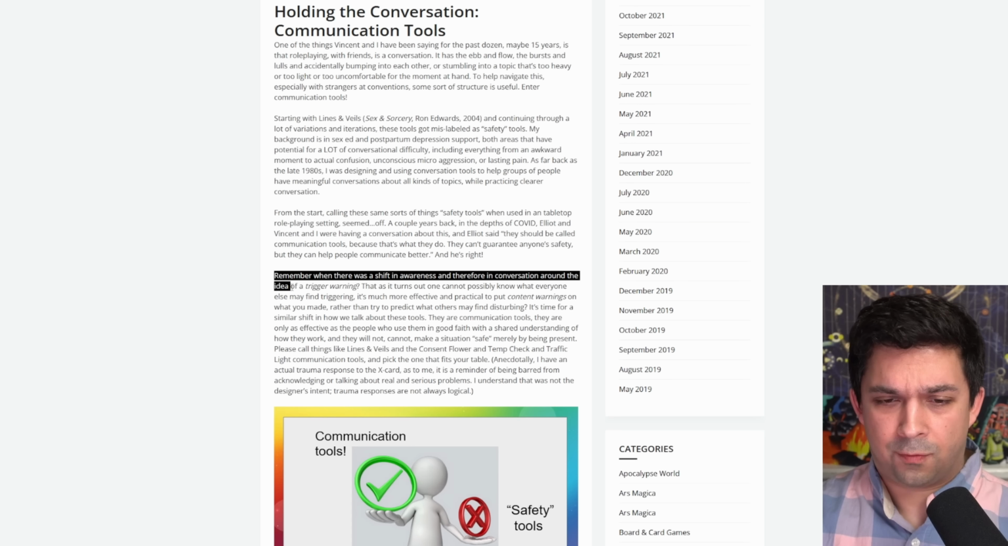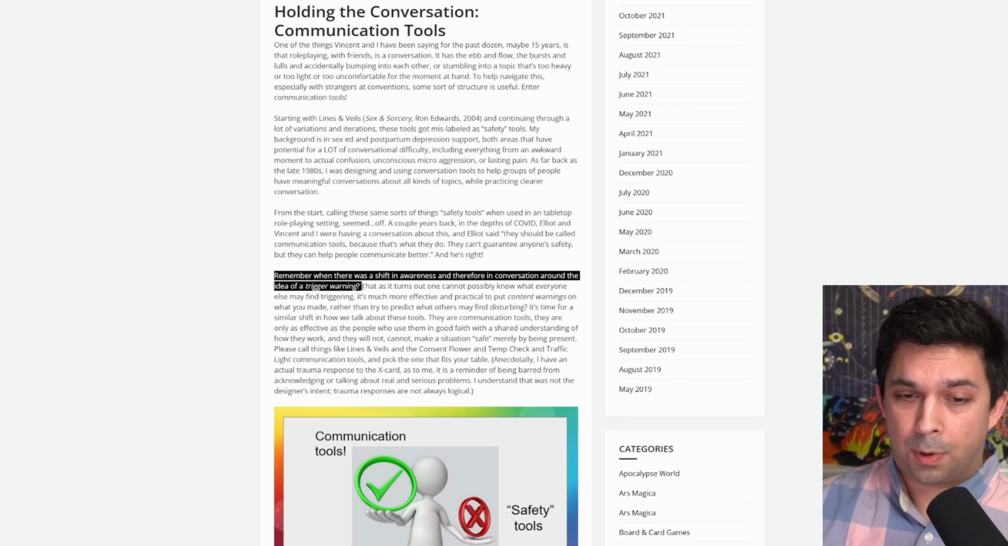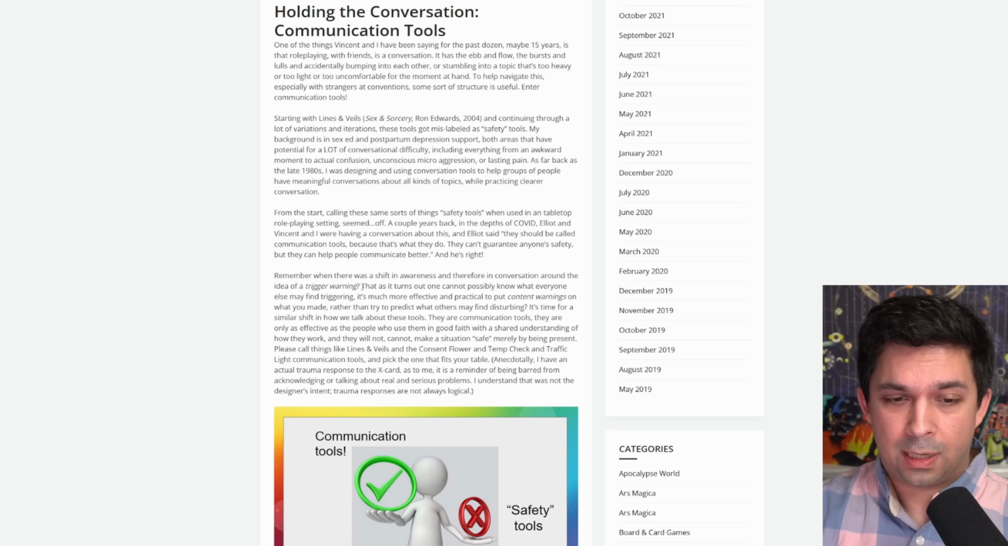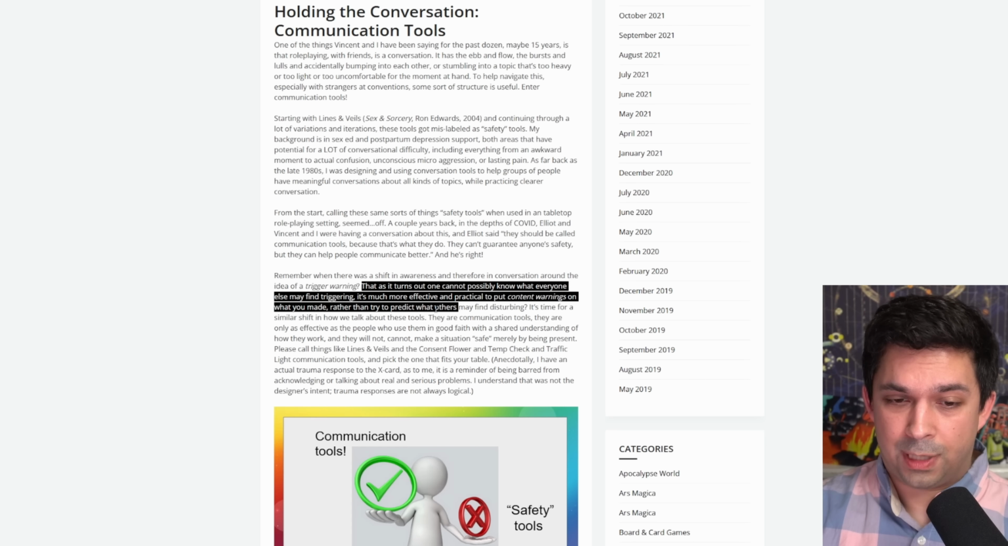Remember when there was a shift in awareness and therefore in conversation around the idea of a trigger warning? That as it turns out, one cannot possibly know what everyone may find triggering, and it's much more effective and practical to put content warnings on what you made rather than trying to predict what others may find disturbing. This reminds me of something that I've done before when running role-playing games, and I think Kelsey from Shadow Dark uses it too,